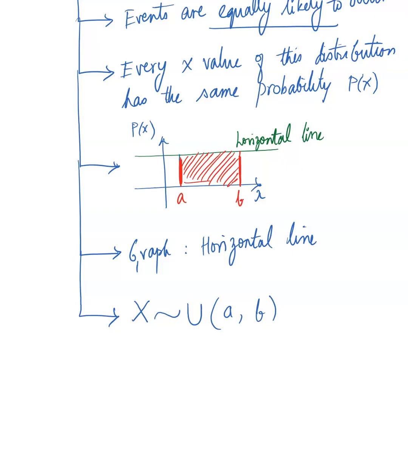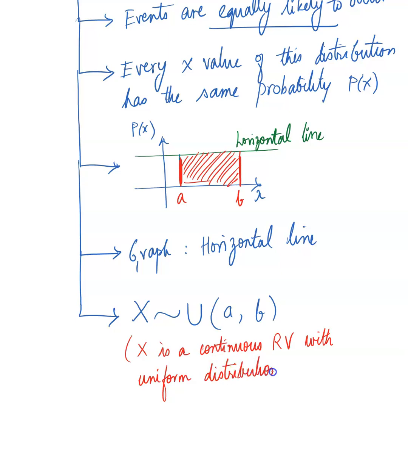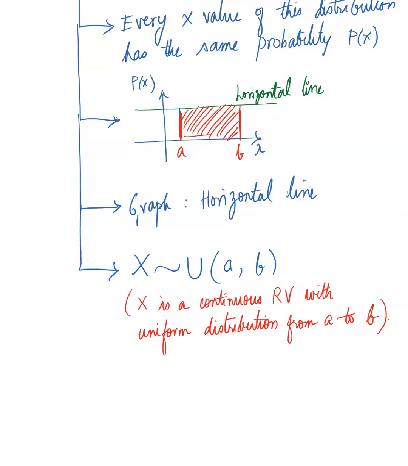And so a quick description for this would be X is a continuous random variable with uniform distribution from A to B. So the area then, right? The area, because we established it's going to be a rectangle. So the area of the rectangle for this particular region from A to B